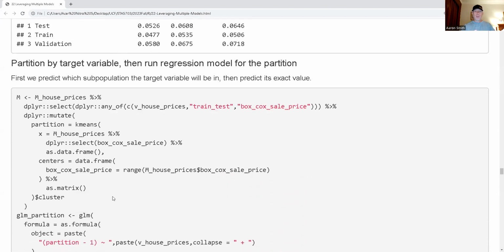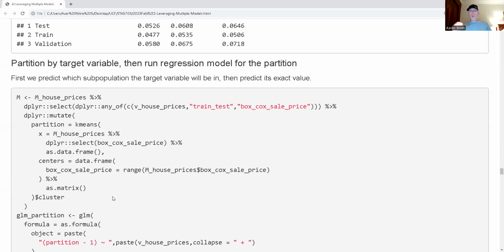All right, so now let's talk about partitioning the target variable, and then I'm going to have a regression model for each of the partitions. So I could put this into two different groups, maybe like big and small. I could do this into positive or negative, or I could do clustering or some other known subject matter knowledge aspect to figure it out that way. And so my first goal when my model is in production is to predict which